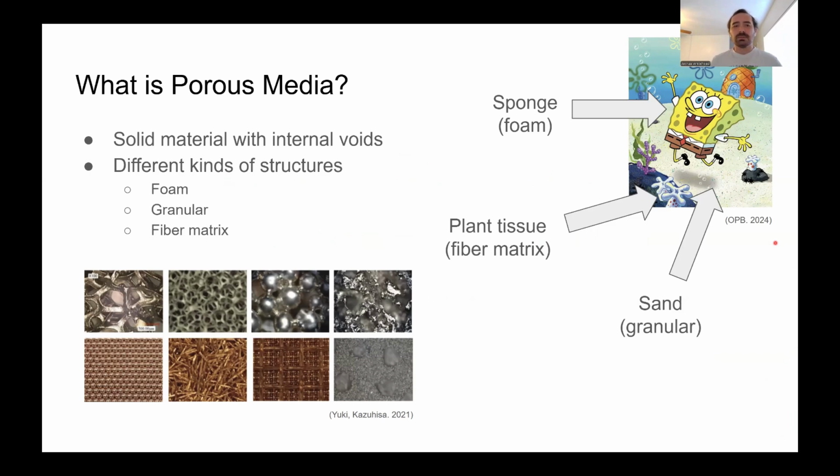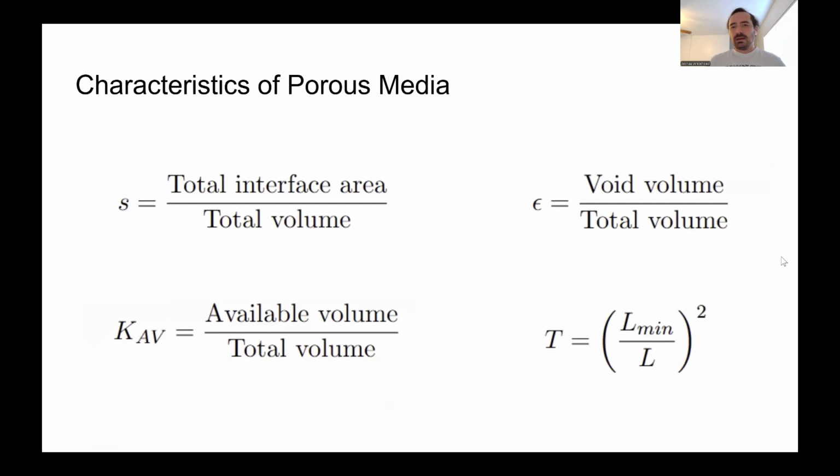And this material can take on several different kinds of structures, some of which are represented by these photographs below in the bottom left. And they're listed as a foam structure, which is basically a sponge, granular structure, which is like sand, and a fiber matrix, which is similar to plant tissue. And all these different kinds of porous media will have different characteristics, and we characterize the medium in the following